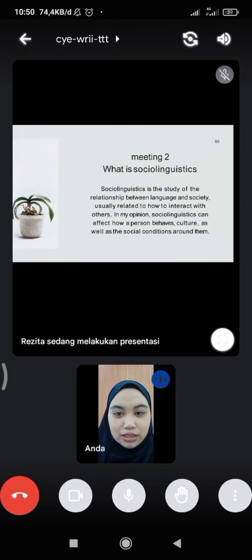Okay, the second meeting is about what is sociolinguistics again. Sociolinguistics is a study of the relationship between language and society. Same like the first meeting. Usually related to how to interact with others. In my opinion, sociolinguistics can affect how a person behaves, culture, as well as the social conditions around them. For example, Indonesian people are more friendly than other peoples. Next,